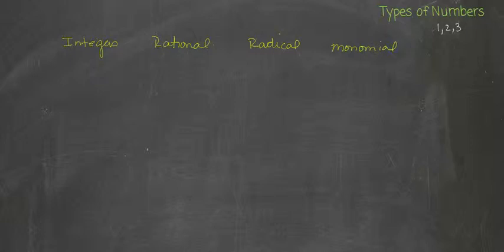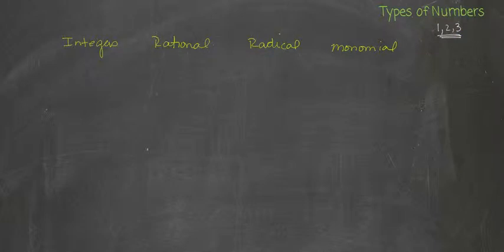Most of algebra is exploring polynomials, but we're going to start the year by just talking about the simplest form of a polynomial, which is called a monomial. All right, well, what makes each of these numbers whatever they are? Well, the integers you've worked with a lot. You may even know that name and you may even know what they are, so I'm just going to clarify it a little bit. Integers are the numbers that you would have started with maybe up here when you naturally